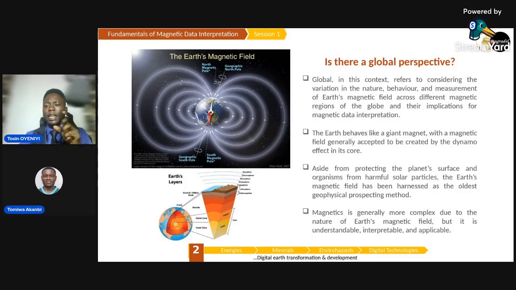The Earth behaves like a giant magnet with a magnetic field generally accepted to be created by the dynamo effect in its core. So by the